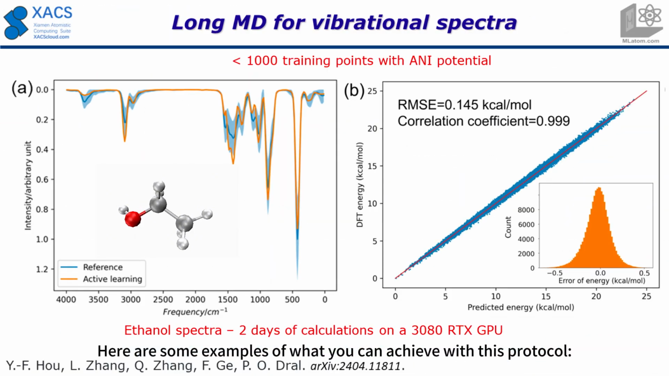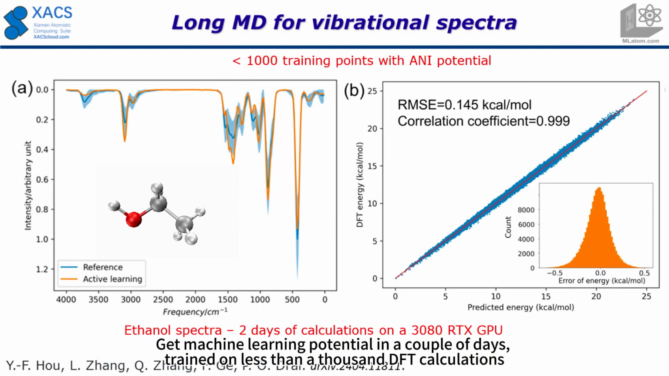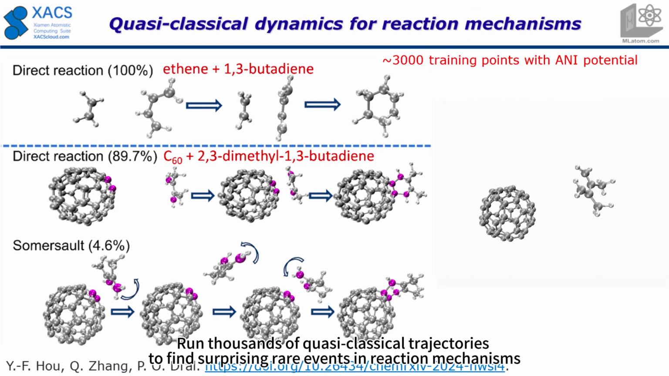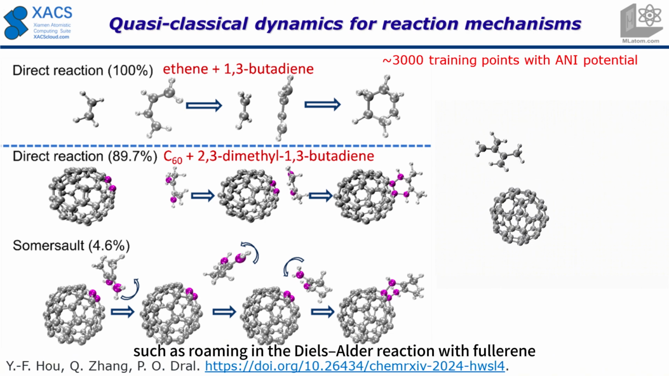Here are some examples of what you can achieve with this protocol. Get machine learning potential in a couple of days, train on less than 1000 DFT calculations, and use it for running very long MD to generate vibrational spectra. Run thousands of quasi-classical trajectories to find surprising rare events in reaction mechanisms, such as roaming in the Diels-Alder reaction